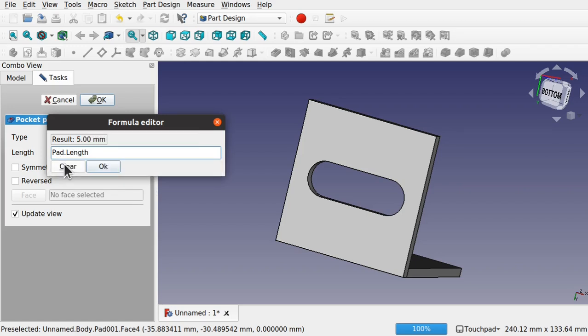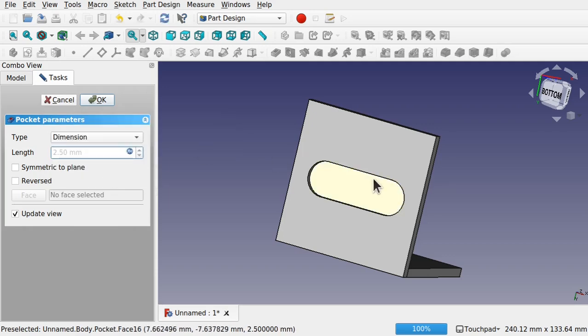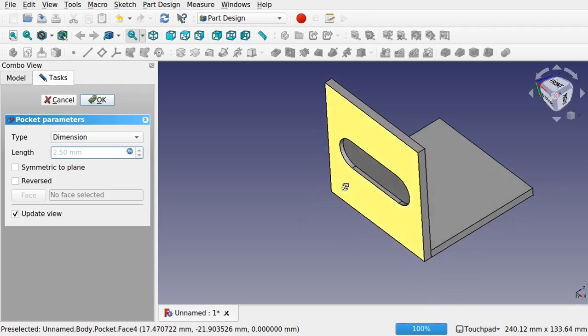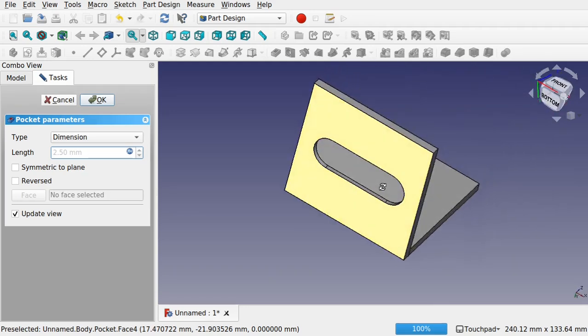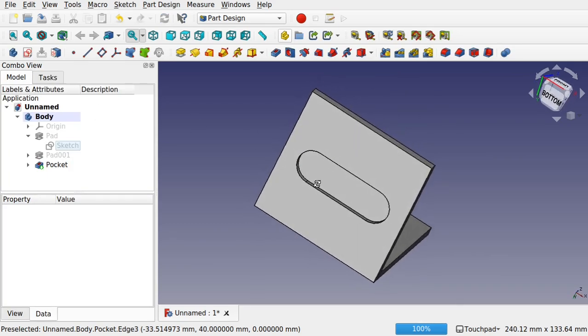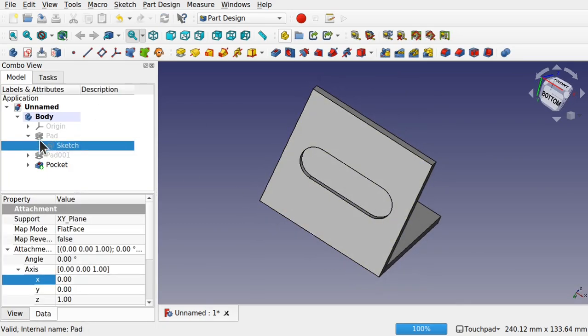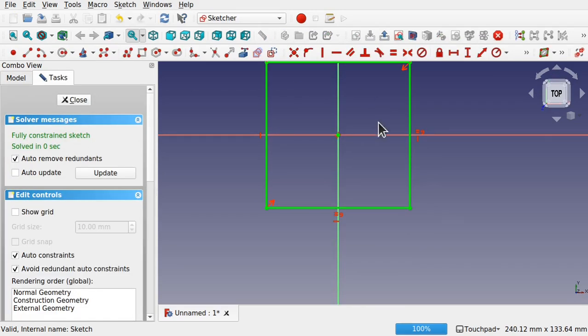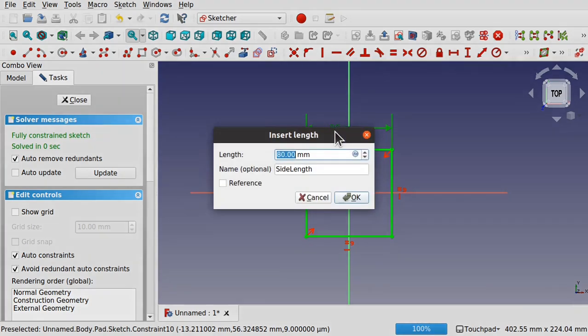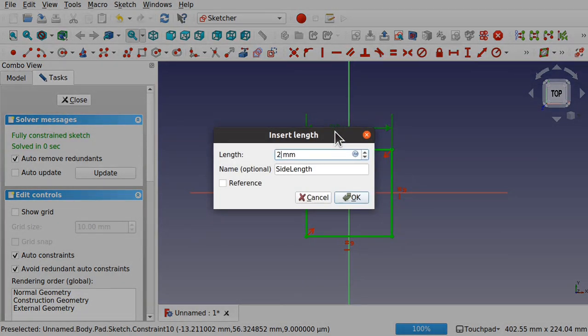This one here, click it and divide that by 2. Yeah, okay, and we've got that pad length come through, divided by 2 to create that pocket. Yeah, okay. So now when we come into the original sketch in that pad, this one here, and change this one to something like 100 millimeters,